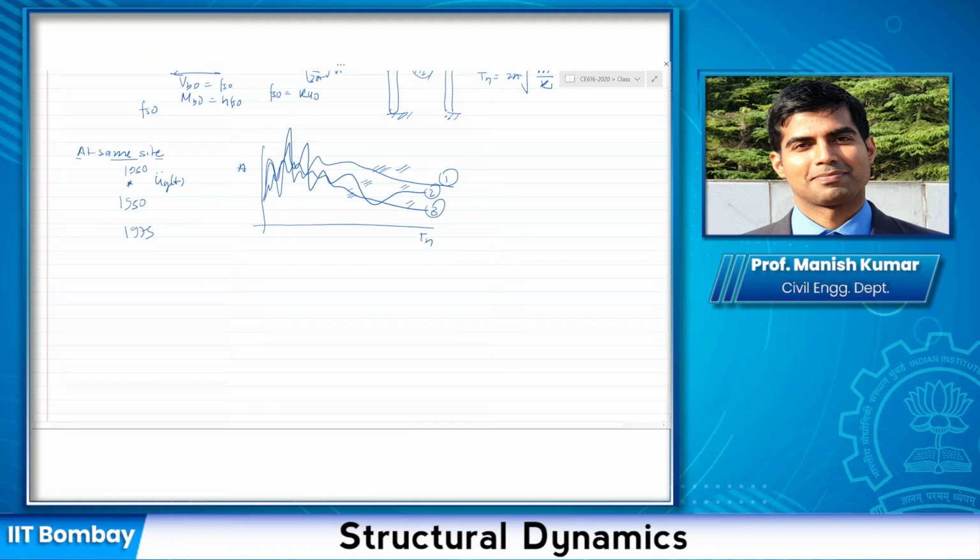Okay, and if you don't have ground motion at a location, basically what you do is find a location which is similar to this one. I will say that at a location which has similar geographical characteristics, like a similar kind of fault mechanism or similar kind of source-to-site distance, I'm going to take the ground motion. And let us say you have obtained these many ground motions and these many response spectra.